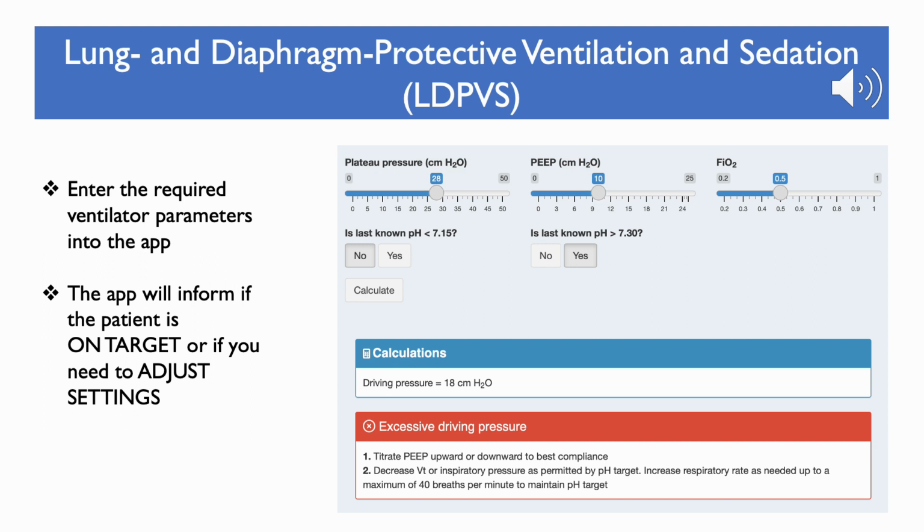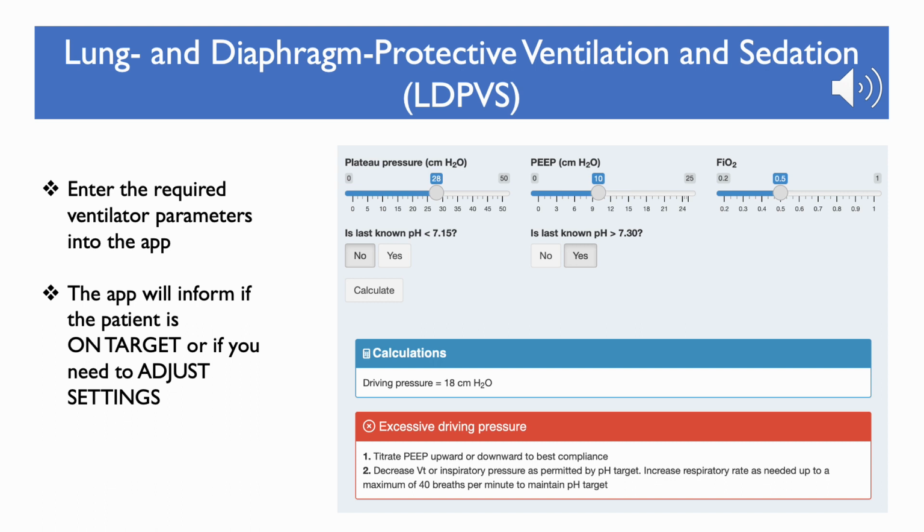Here, the patient is in passive ventilation but not on target. The driving pressure is excessive during passive ventilation, and the app lists the appropriate actions in response. These include adjusting PEEP to see if lung compliance can be improved to reduce driving pressure at the current tidal volume, and adjusting the tidal volume or inspiratory pressure to ensure that the driving pressure is on target if the